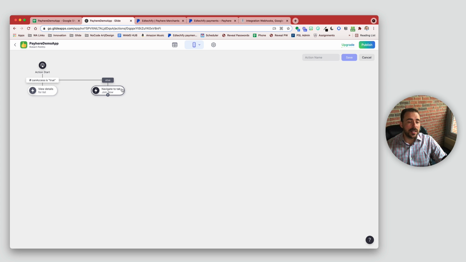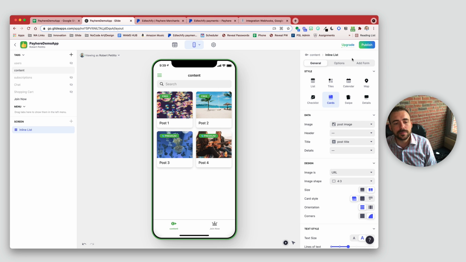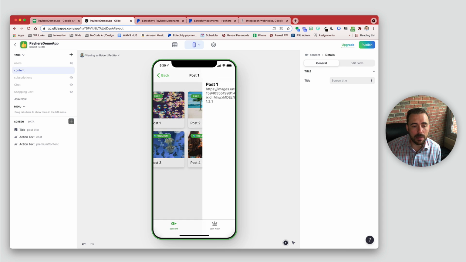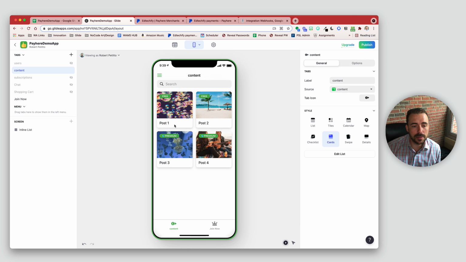Okay. If you wanted to have a separate experience for when they click on posts, this could instead be a link to screen, where then you're just redesigning the Join Now screen specific to them clicking on a post, where you could say something like, sorry, you don't have access to this content because you're not a paid user. You could do something like that. I'm keeping it easy and just doing a navigate tab. All right, so we're gonna call this view or join. Save. All right, now because I'm a premium member, I should be able to access all of these things,